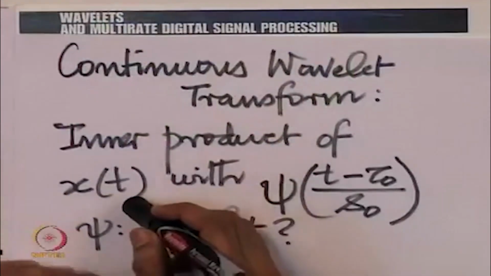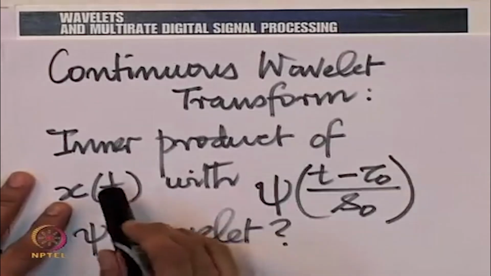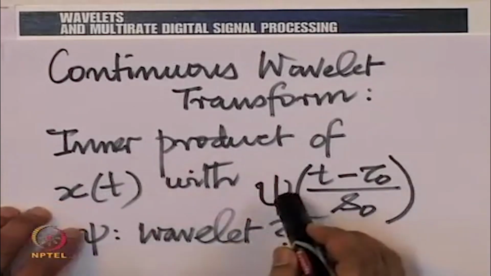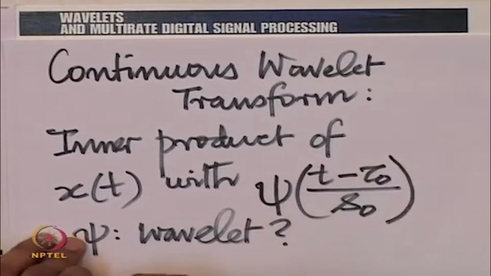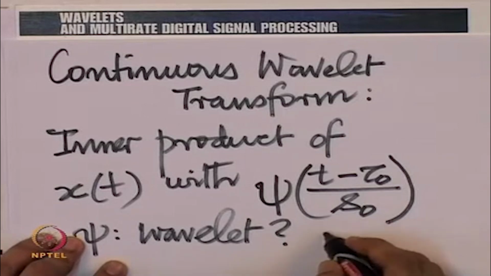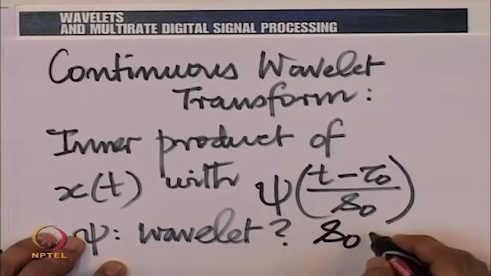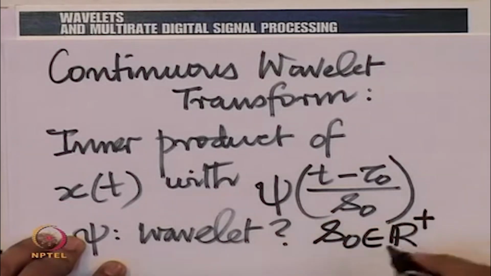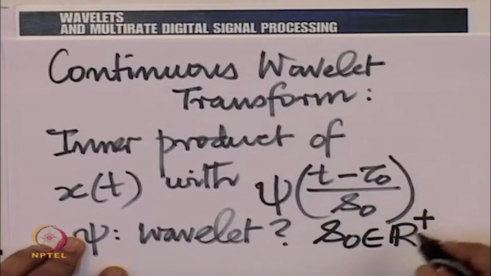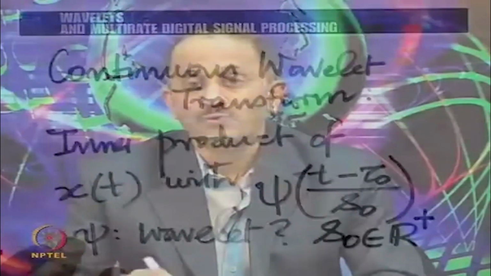We are taking to construct a continuous wavelet transform an inner product of x t with this wavelet function dilated by S 0 and translated by tau 0. Of course, S 0 must be non-negative. So, the way to write it is S 0 belongs to R plus. This plus means that S 0 is a positive real number, excluding 0 and excluding all negative real numbers. Let us write that inner product down for ourselves. So, we are saying